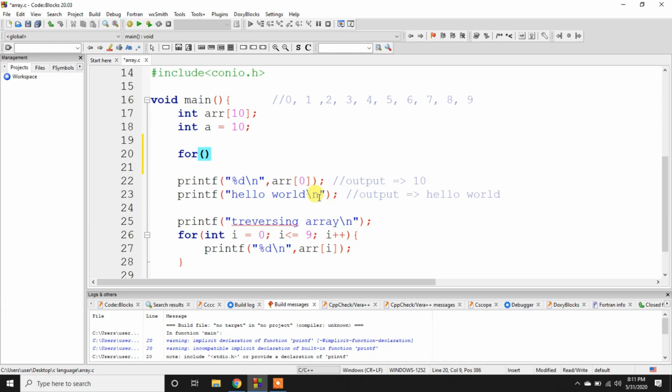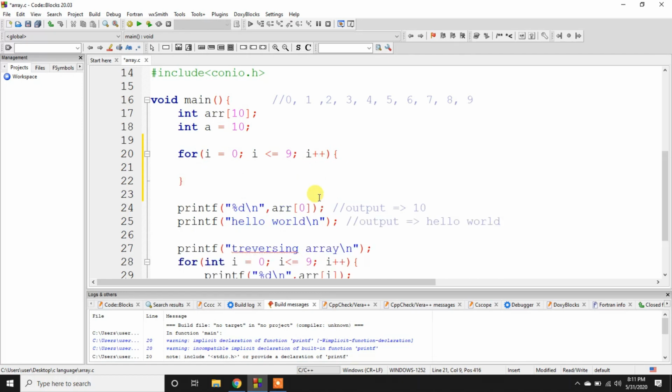We need a for loop starting with 0, less than or equal to 9, because counting from 0 to 9 gives a total of 10 counts. So i plus plus. In that, we write the scanf method, and in this we enter %d and also the ampersand sign of arr of i.